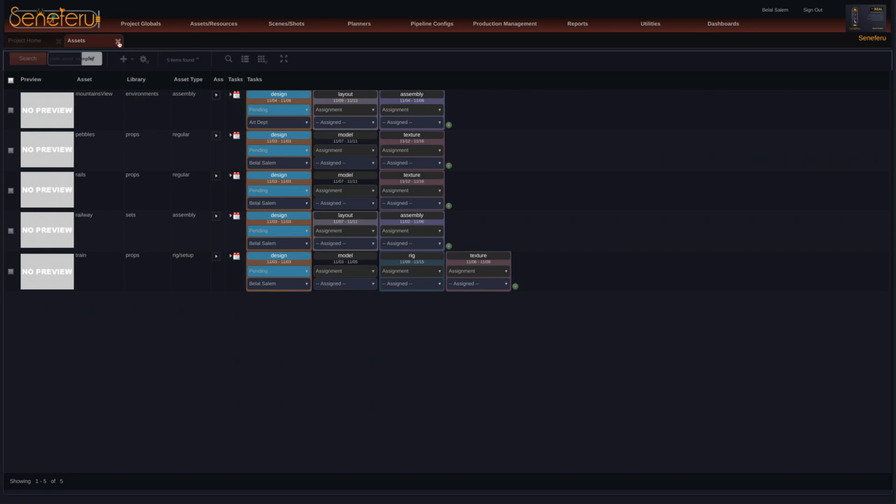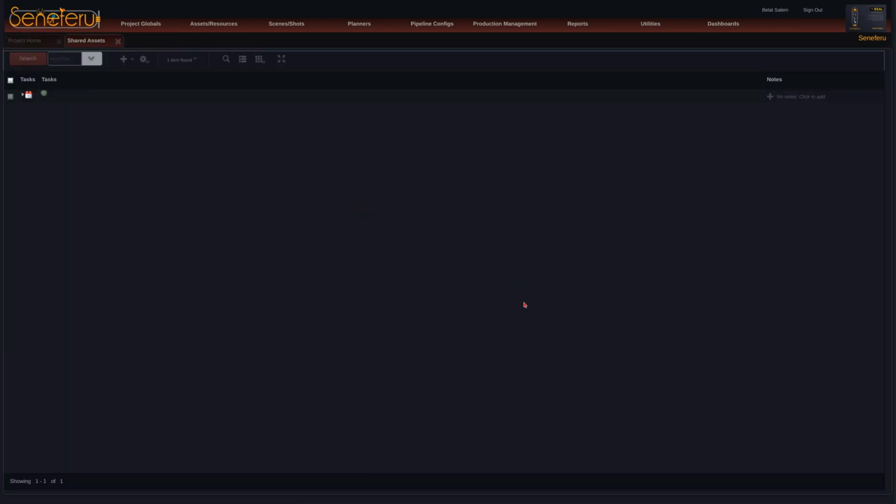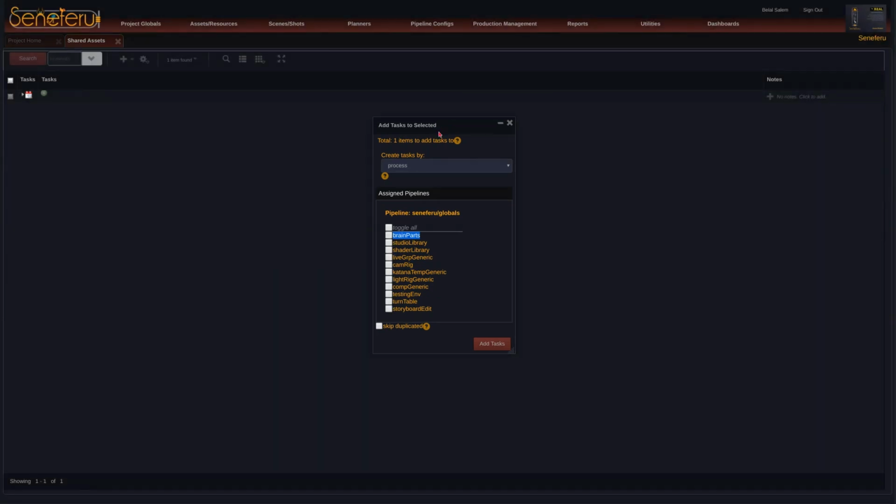But in regards to this kind of hierarchical or procedural pipeline, there is also something called shared assets. In the shared assets, what you are going to do is create global project templates and stuff that the user can load as a dependency for their task whenever it is needed. For example, if you look at the tasks here, you will see, for example, brain parts